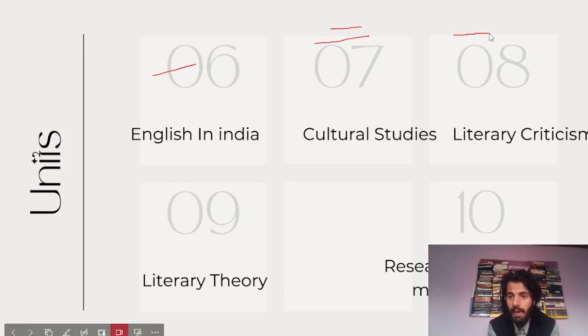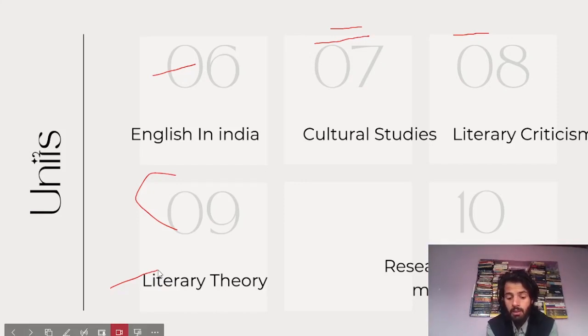And the ninth and most important area that we see coming questions from in these years is literary theory. Literary theory, it's one of the most important and doable subjects that you can do within few days only, and it will give you 20% of the paper. Cultural studies, British literature, and literary theory. These three areas are must-dos, and these three areas alone comprise almost 50% of the paper. You have to keep that thing in mind.